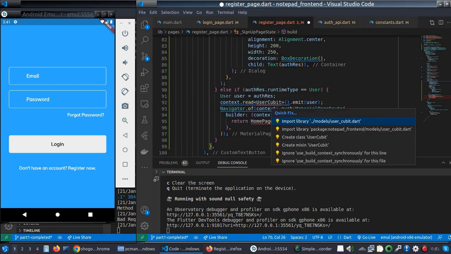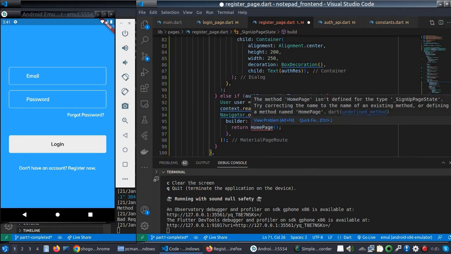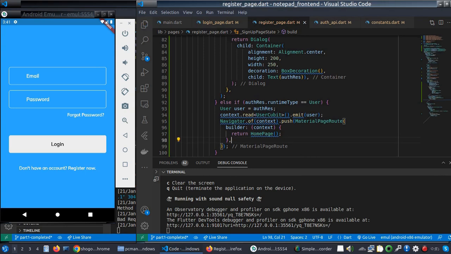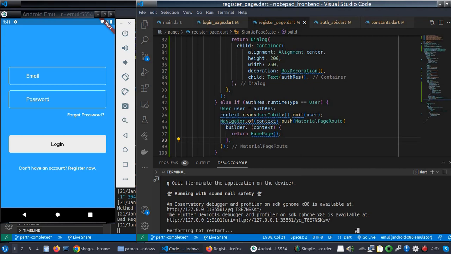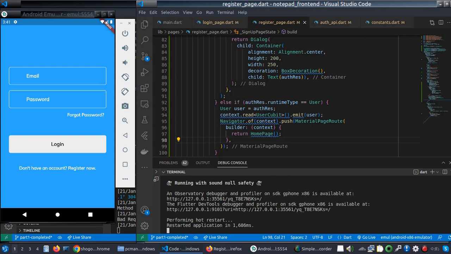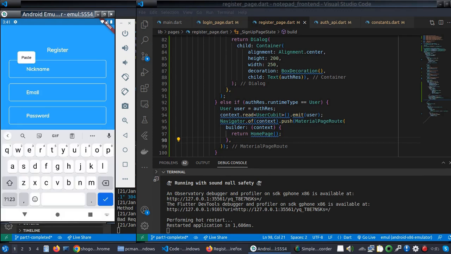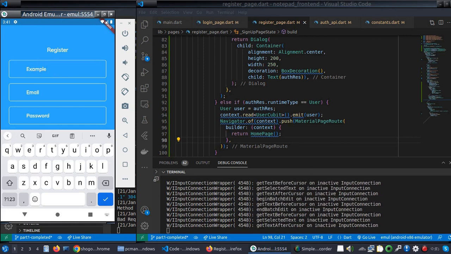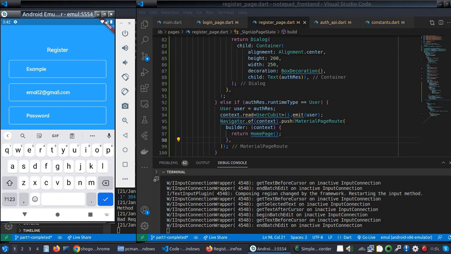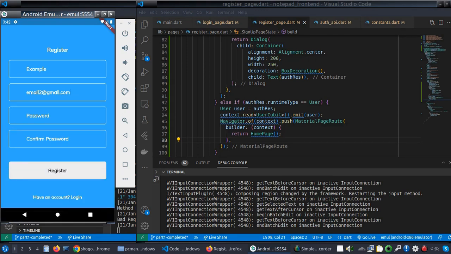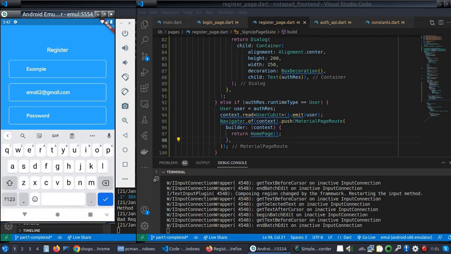Okay, and when it gets the user, it will take me to the user page. Okay, now if we restart, we will check how it works. Yes, so nickname is, @gmail.com, .com, and password is p. My password is not okay. Password is